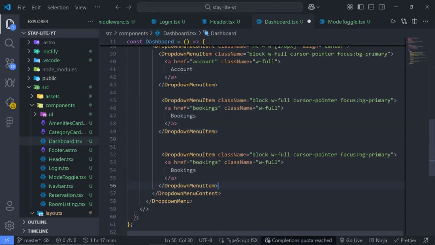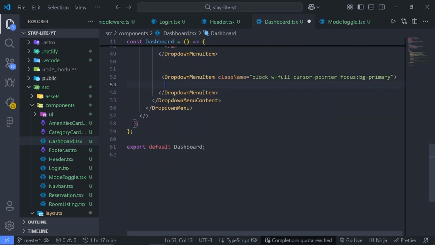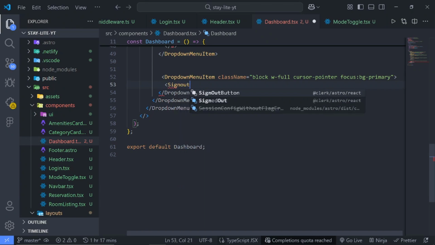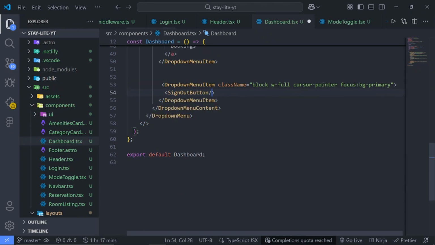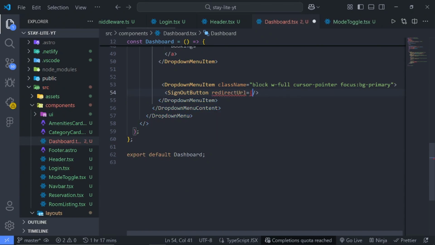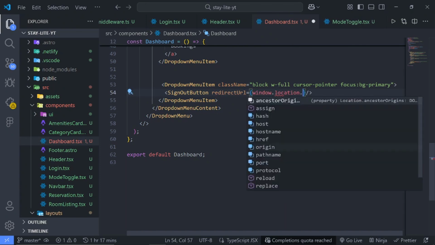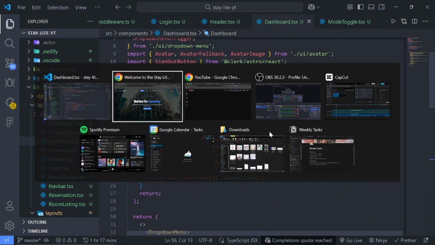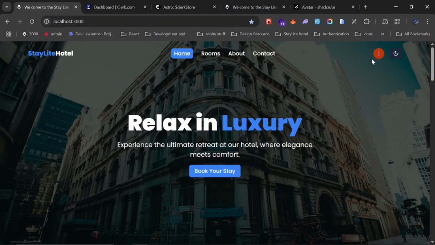So for the sign out button, we'll not use this a tag. So we'll get rid of this, and we'll bring in the SignIn or SignOut button rather from Astro, and this will be self-closing, and this should redirect us back to whatever page the user is currently on. So we say window.location.href, and for the children, which is the actual text, we just set this to logout like so. So we can save, and if we preview it now, all right, so the image is coming in,